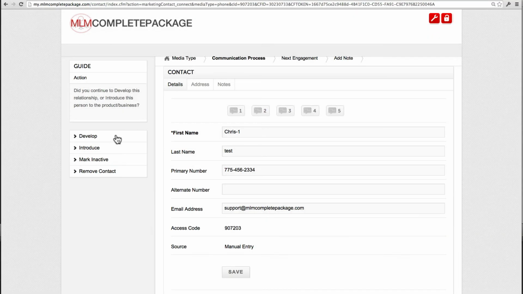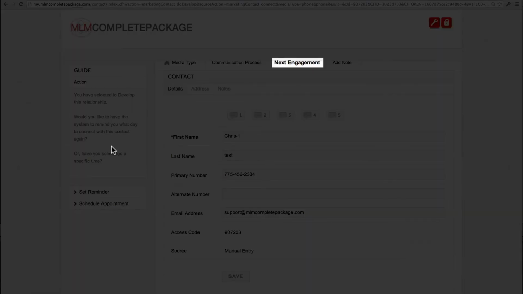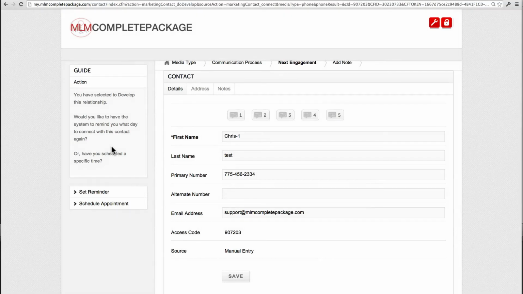Are you in the develop or introduce? Now I won't show you the follow-up and the close yet, because it's impossible to be in the follow-up or close if this is your very first conversation with the person. So I'll click develop, and now the system's in step 3 of the process. When am I going to engage the person again? So I can either set a reminder or schedule an appointment. So I'll say schedule appointment,